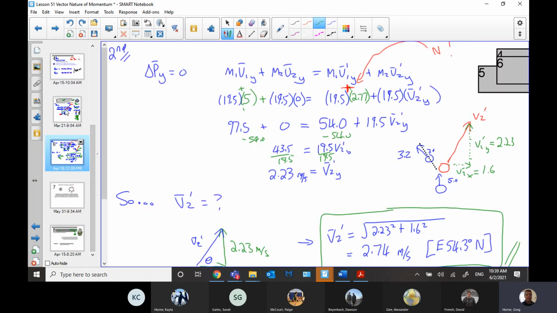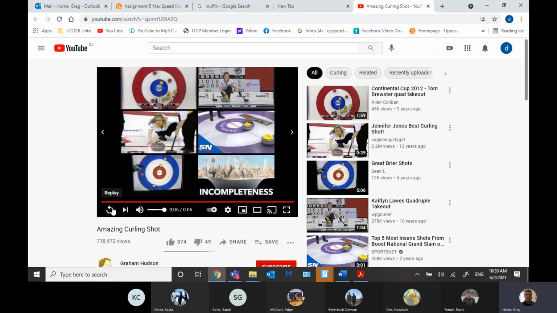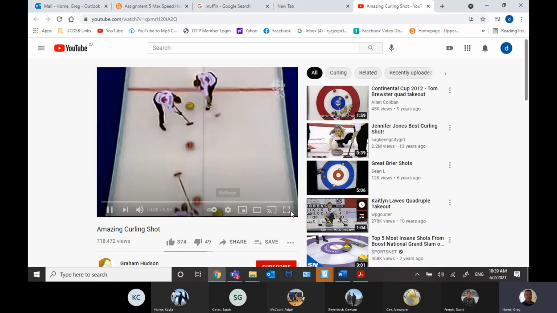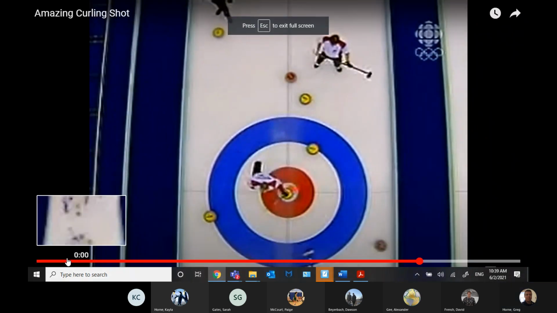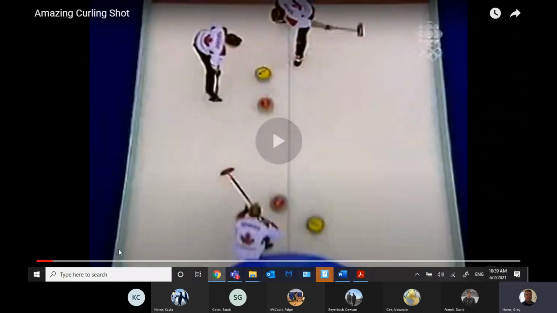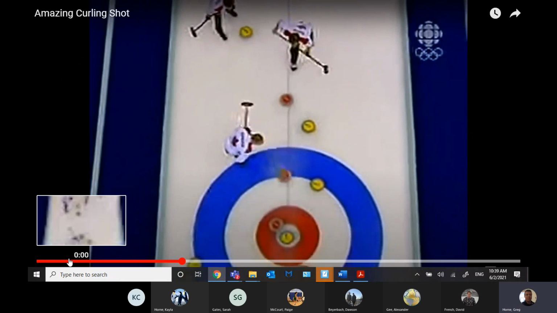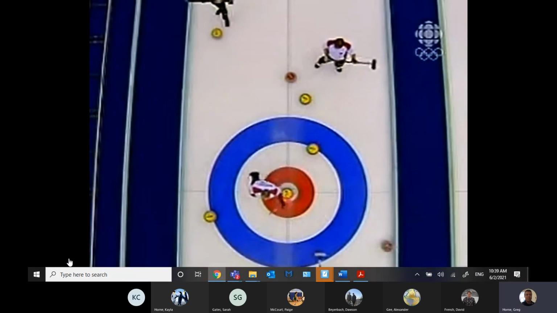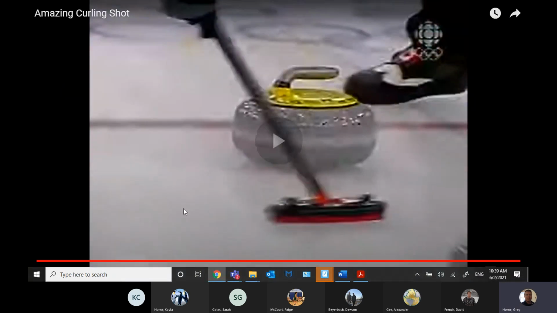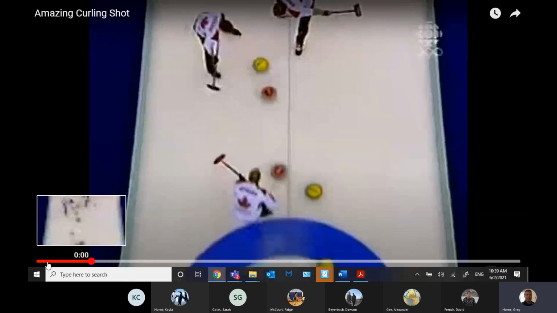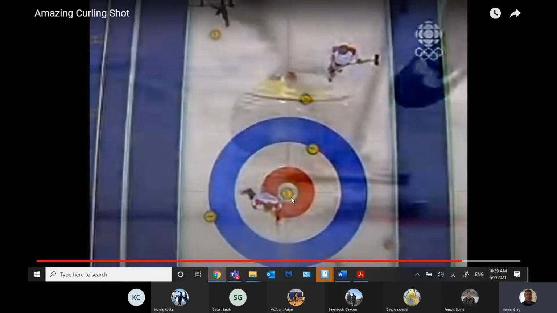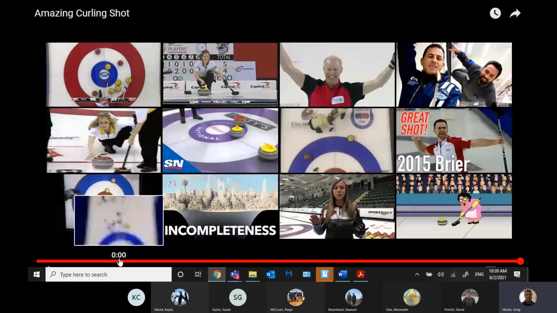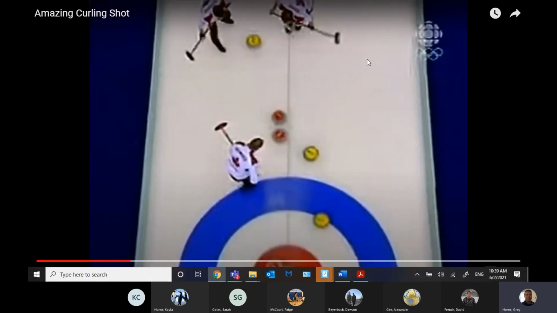So yeah, that's good. If we go back to that amazing curling shot, we maybe can appreciate the idea a little bit better, right? We've got all those angles. So each time you see a collision there, those calculations would apply, right? One there, one there, one there. Almost was one there with the one in the, what's it called? Anyways.